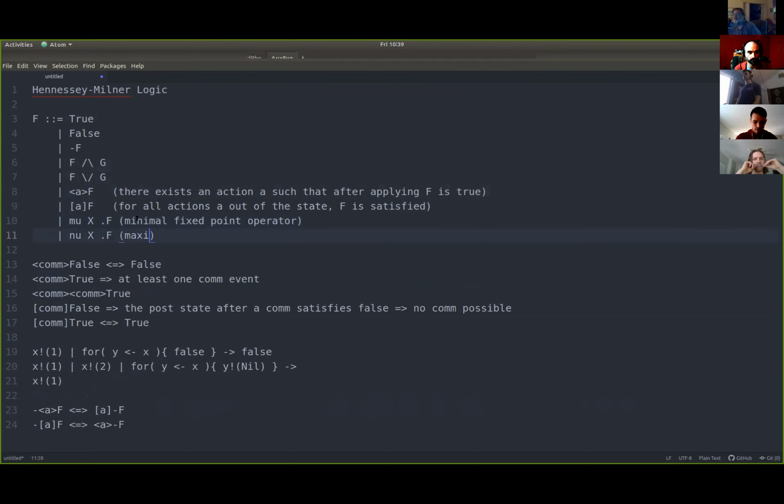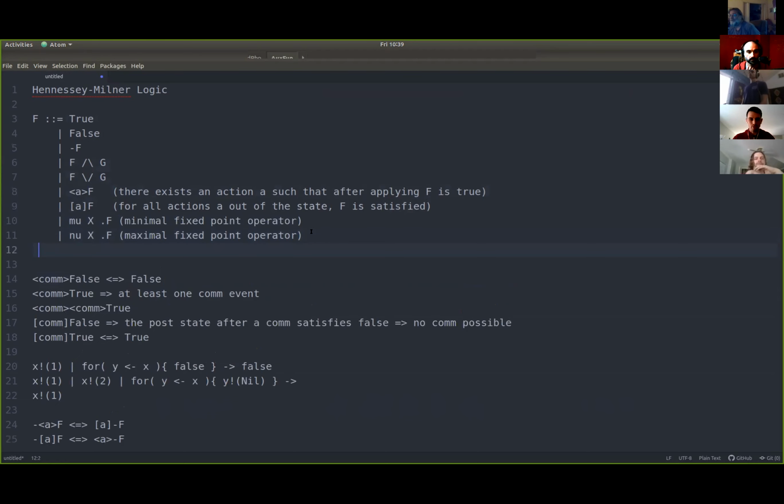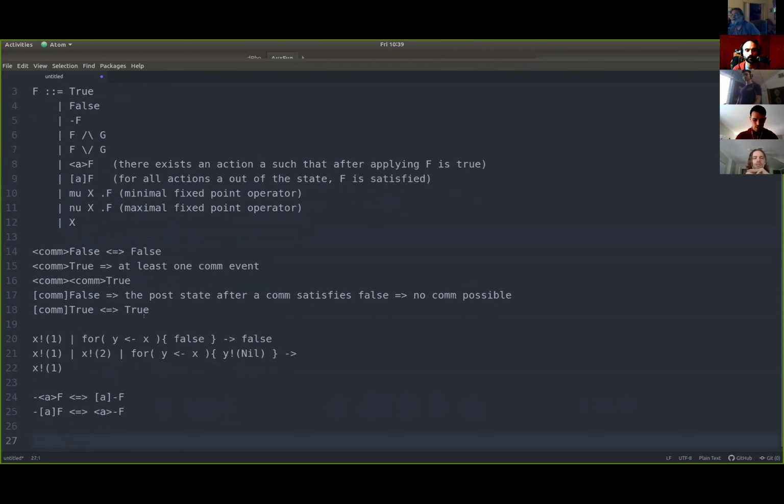Okay, and this is the maximal fixed point operator. And also, one last thing is we can talk about a set of states as well. So some trippy formulas that you can write down now would be something like mu x dot x. And now essentially, what it means for a state to satisfy a formula like this is essentially going to